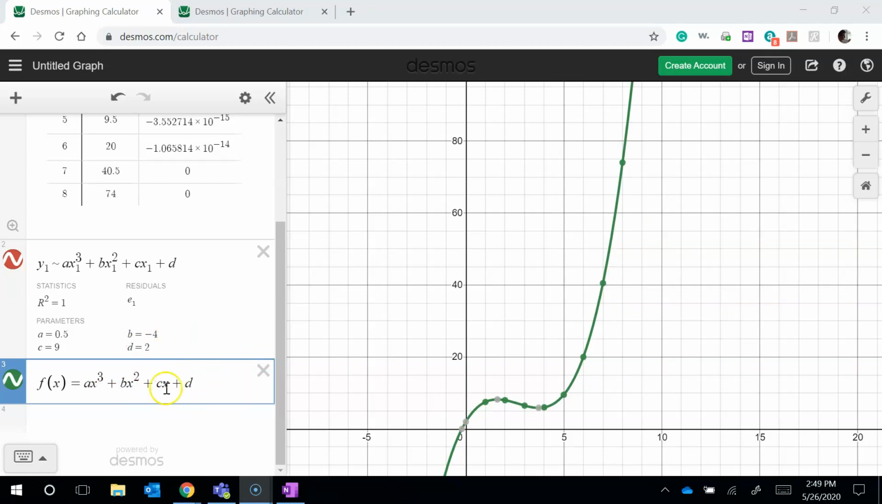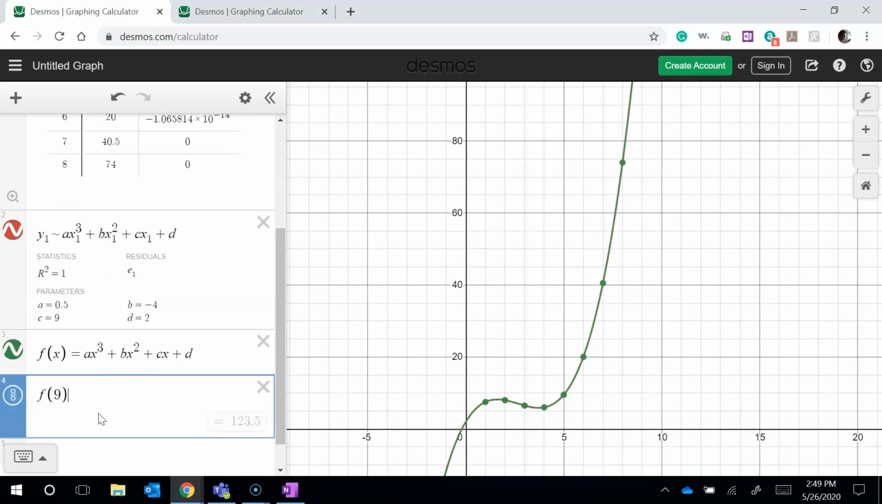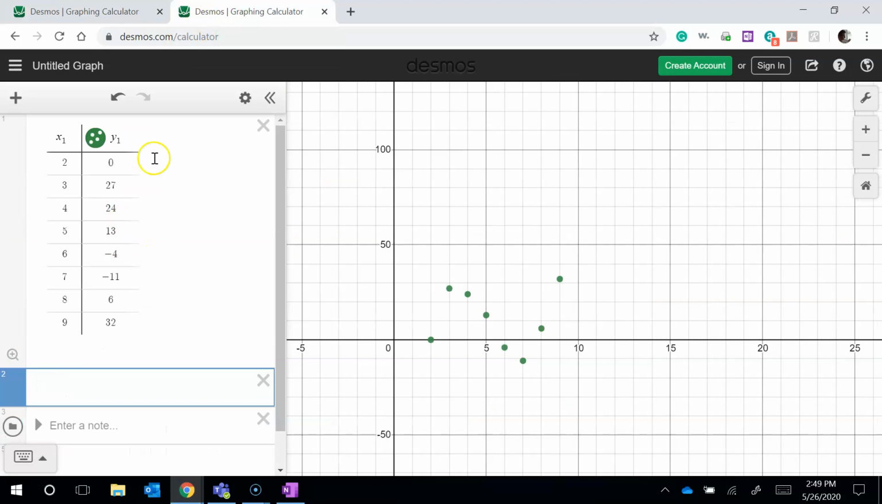And this will work because we've already defined what our a, b, c, and d values are up here. So then if I wanted to find, say, what's the next number in here, I can find what f of 9 is going to be, and it would predict, right, this is supposed to be 123.5. I'm going to look at one more example, one that doesn't have exact